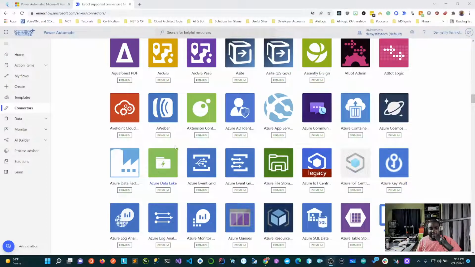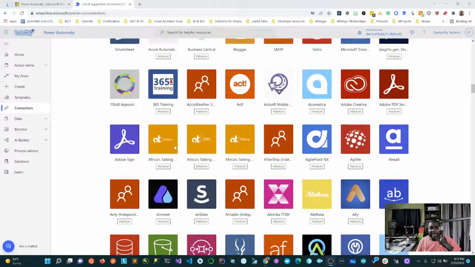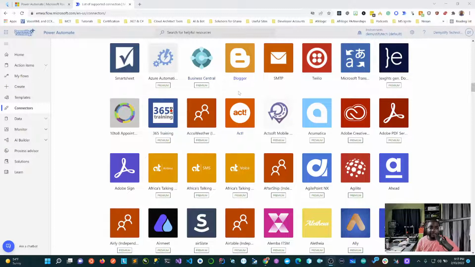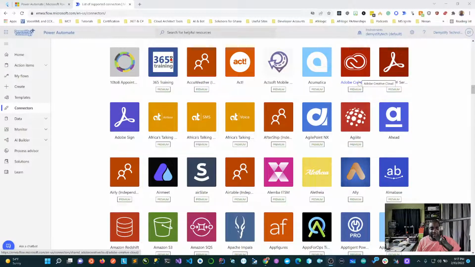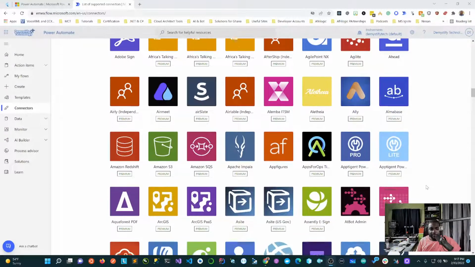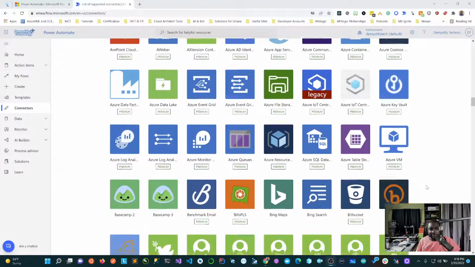So pretty much now you probably realize some of them have premium connectors and some of them don't. Premium connectors technically mean you need some additional license to use them in production. So you might have to get an add-on, like a Power Automate add-on license, to be able to run those premium connectors. We can see we have Africa's Talking for our friends in East Africa, and I think Africa's Talking is in Ghana as well. So if you want to do SMS stuff with it, you can. Twilio, there's even Adobe Creative Suite. What else? Yeah, lots. Azure Data Factory.